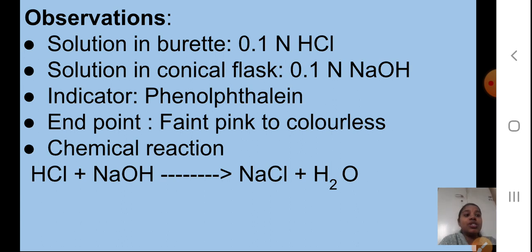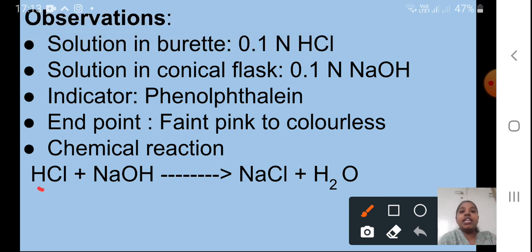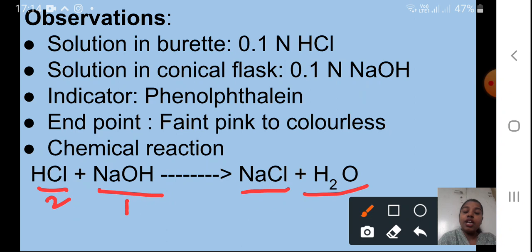Chemical reaction. Important. What is the reaction, students? What you are getting? HCl plus NaOH, right? HCl is my acid. NaOH is my base. So acid plus base react together, which give me salt and water. Yes students, you have studied this, that when an acid and a base react. This was in the conical flask, this was in the burette. And with the NaOH, phenolphthalein helps us carry out this neutralization reaction.